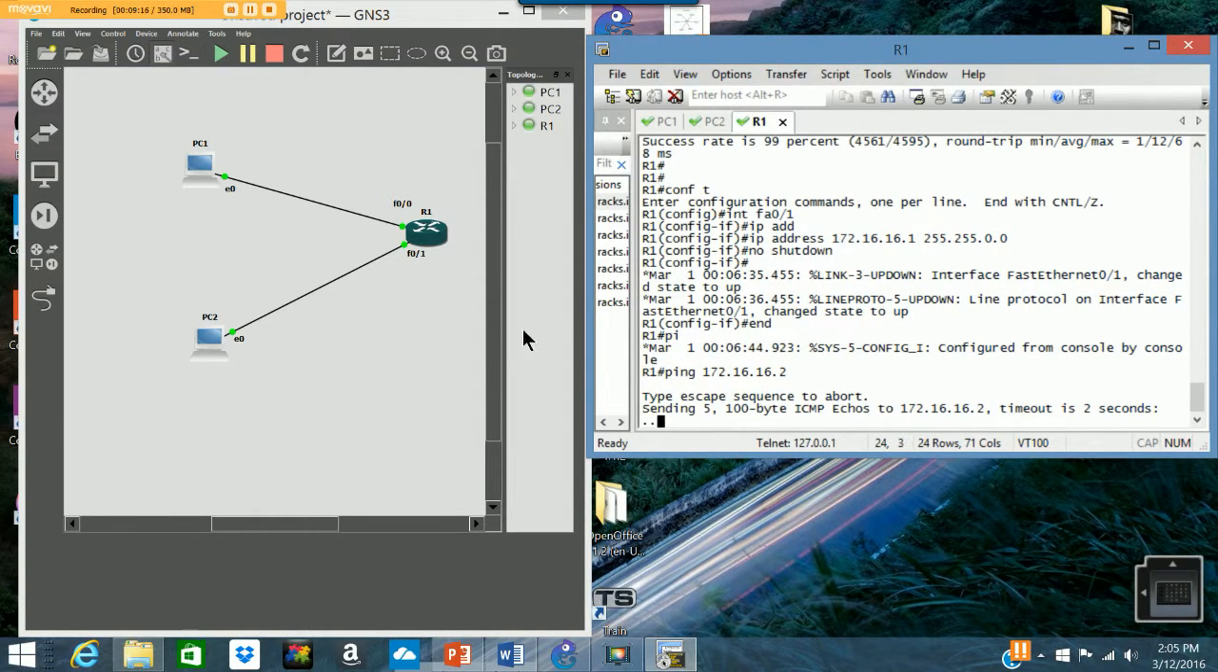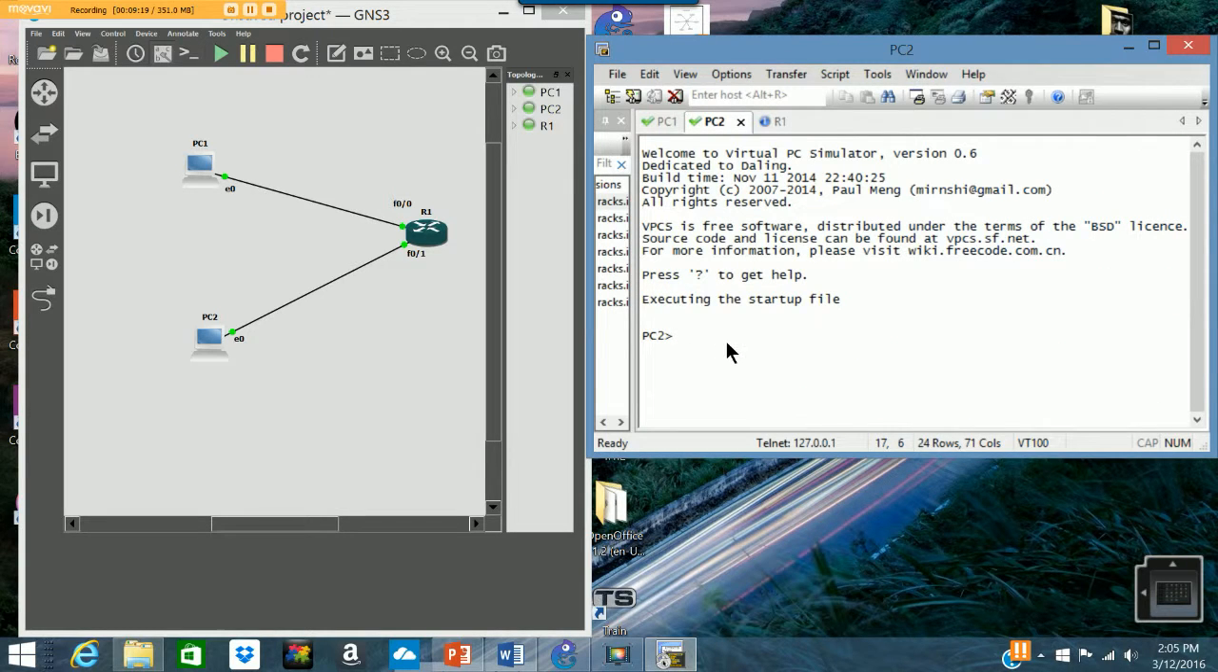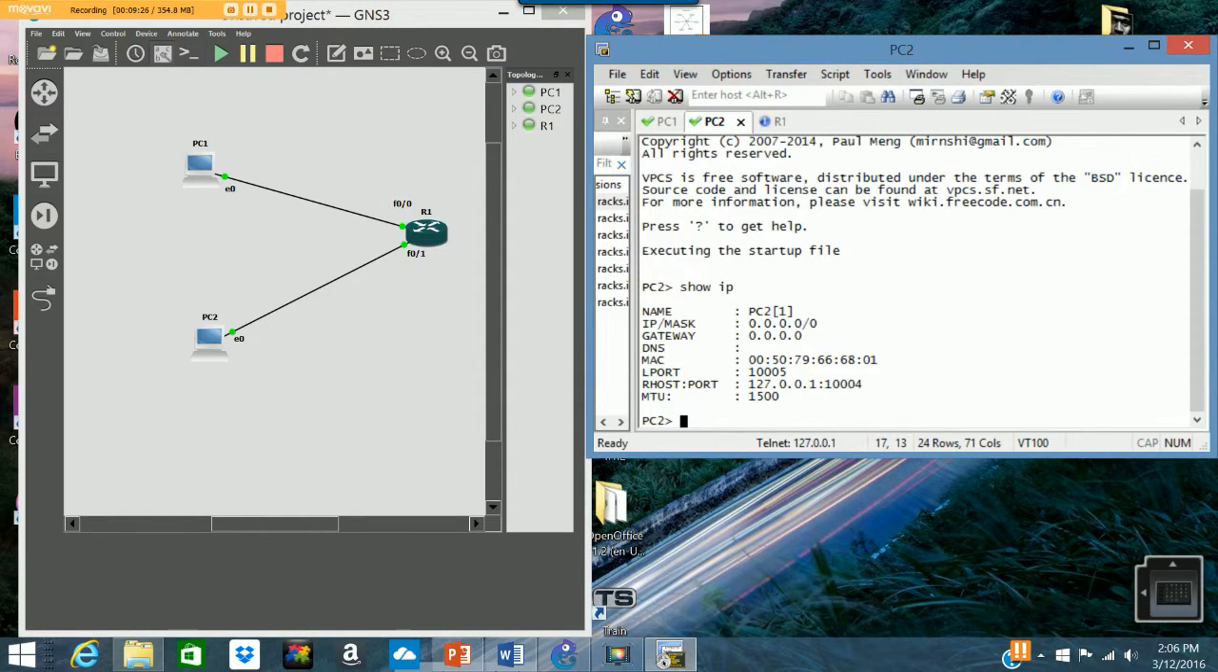Okay, so now let's go over to PC2, and we know that if we ping the router, it's not going to work. So if we do show IP on this device right here, PC number 2, it shows us the IP address information. So right now there is no IP address. Everything is 0, and the default gateway is 0. There's no DNS server. It does have a MAC address, because every device has a MAC address as it leaves the factory. This address is put onto the device at the factory,